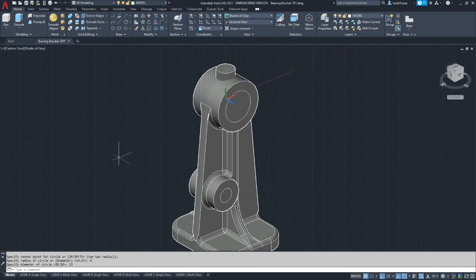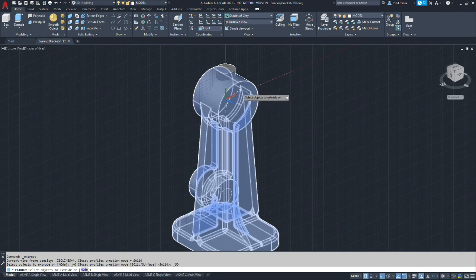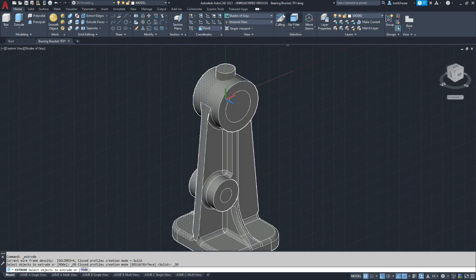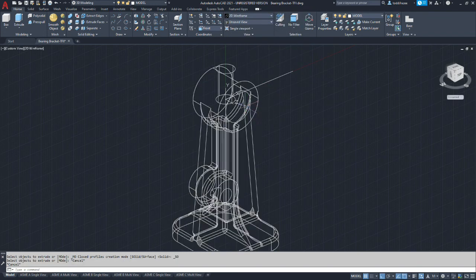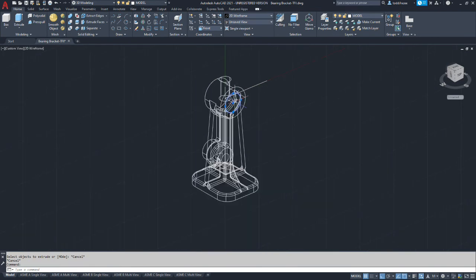Okay, so now we're going to use the same technique we've used before. We're going to extrude a couple bodies and remove the material. Alright, so we're going to go to extrude. It'd be easier to do this in wireframe so that we're intentional about what we're selecting.